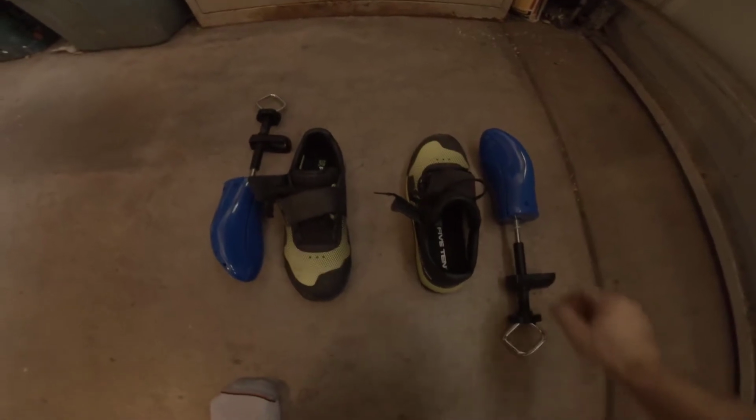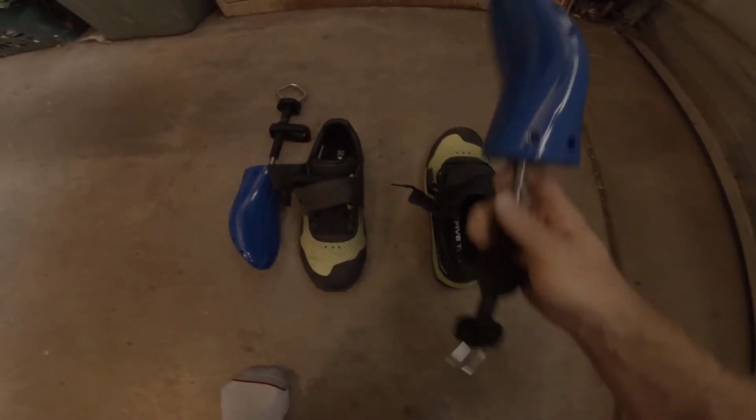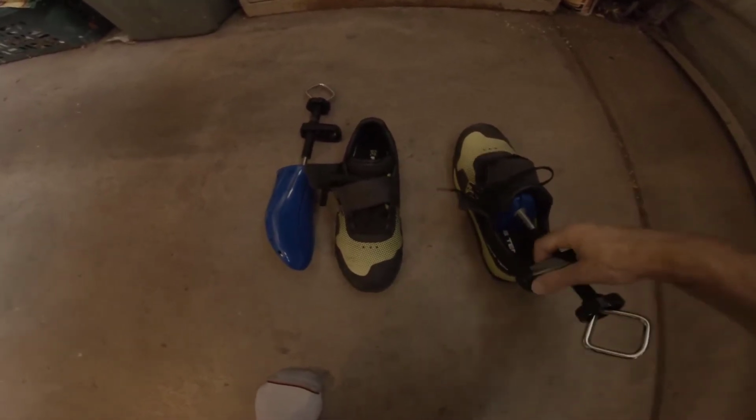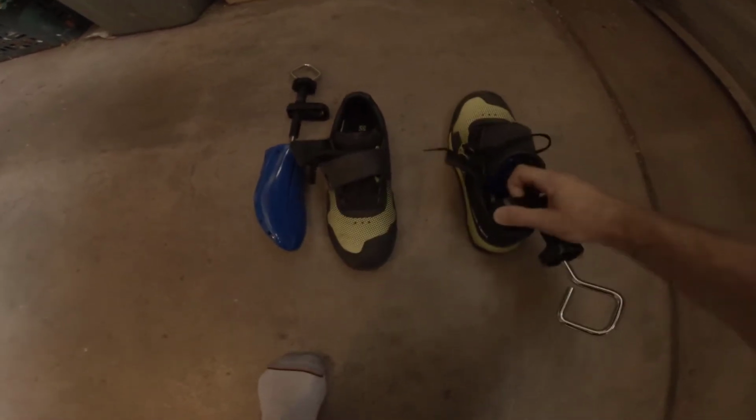So in order to make these things fit my feet, I've had to use these stretchers. I got them on Amazon. I think they were maybe 30, 35 bucks. They work pretty good. They go in here. I'm trying to do it one-handed for you, but